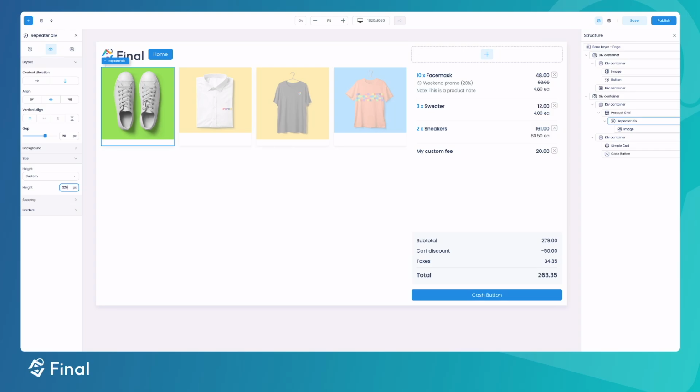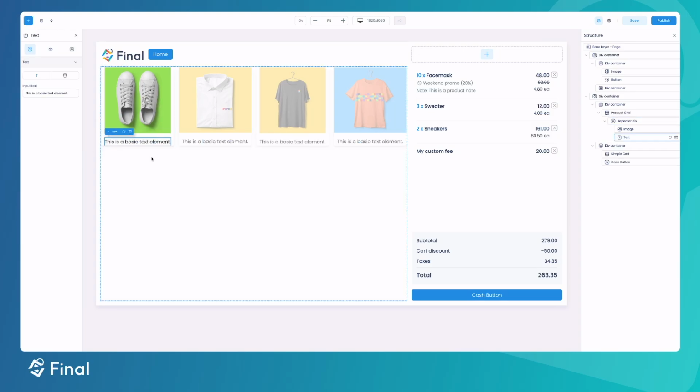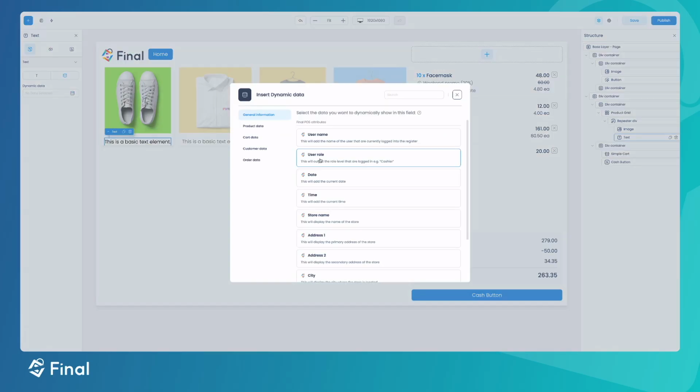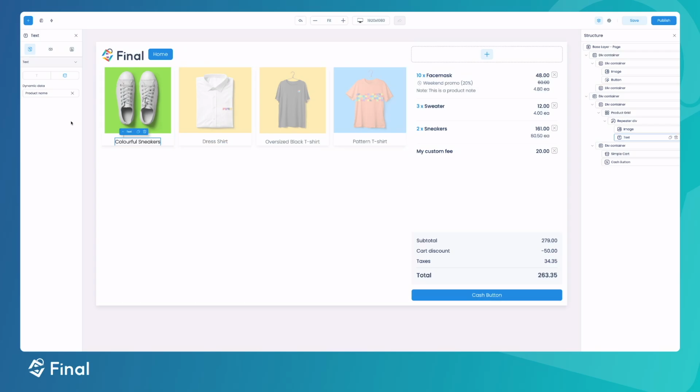Maybe something like a 320 will look pretty good. Gonna add in some text. Don't worry if it looks a little bit weird now. We're just gonna make sure that we get everything in, and then we'll clean it up in a minute. We're gonna go and choose product data, product name, and I would like a little bit of space here, so